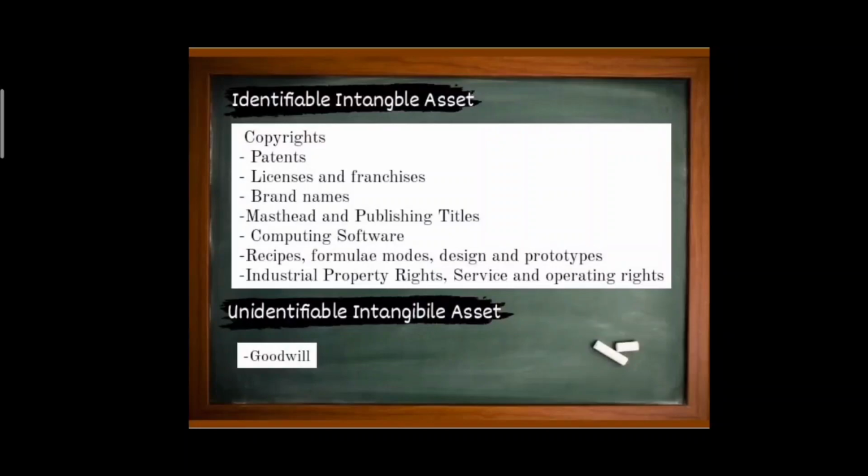So, ito naman yung mga example ng identifiable intangible asset. Copyright. Copyright is an exclusive right granted by the government to an author, composer, or artist, enabling the grantee to publish, sell, or otherwise benefit from the literary, musical, or artistic work. Pag sinabi nating copyright, ito naman yung mga natatanging karapatan na pinagkaloob ng gobyerno sa isang author kasi meron siyang nalikha tungkol sa literature or meron siyang nalikha na tula, kwento, yun.